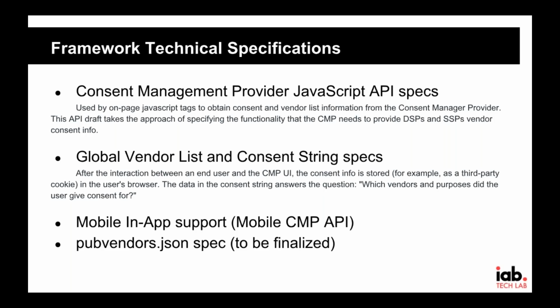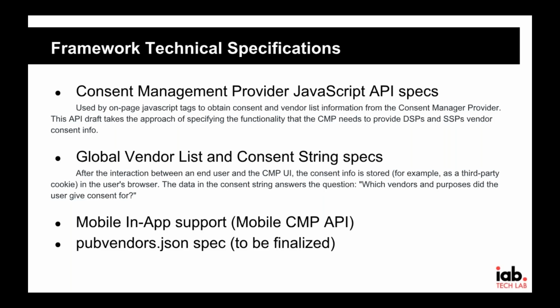So this specification is very critical, very fundamental, as well as the specification for global vendor lists and consent string specifications, which defines what's actually in a consent string. It also defines, as Heinz had showed us, what the global vendor list looks like, what the parameters are. So these two specifications are absolutely fundamental to anyone who is implementing